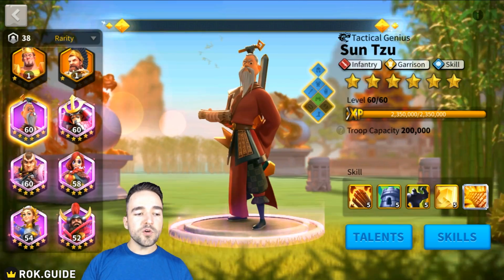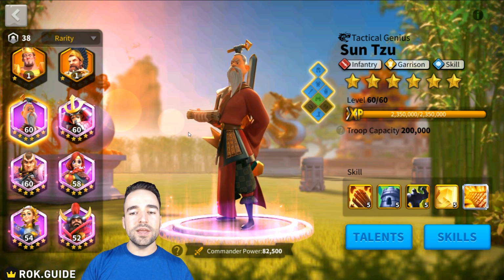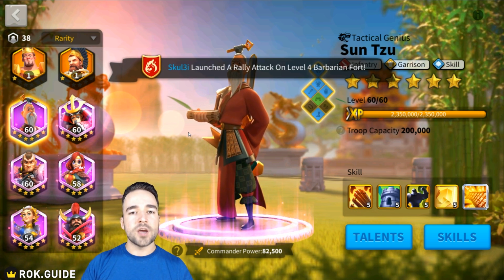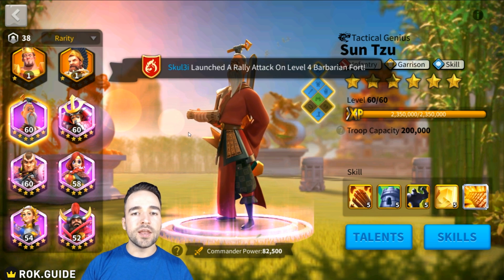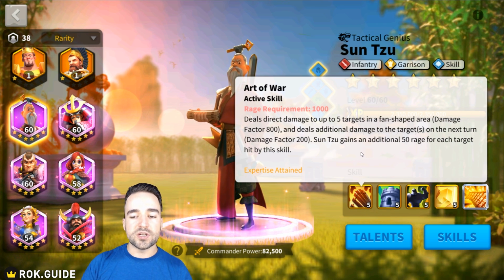Now, of course, my top pick for open field in KvK 1 is Sun Tzu as an epic commander. He is obviously one of the best epic commanders in the game. We have an entire guide on him that we just released last week, so check that out if you are interested. This commander is obviously very, very good because of his AoE,